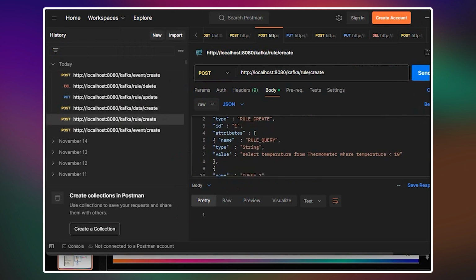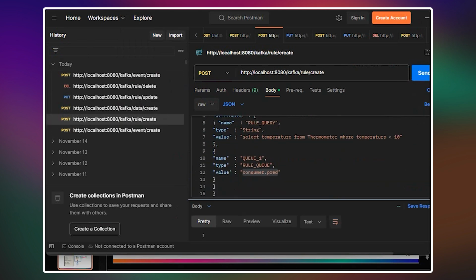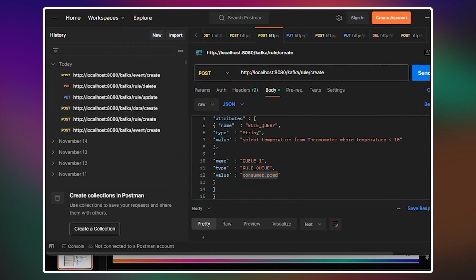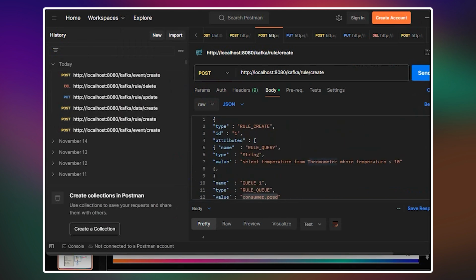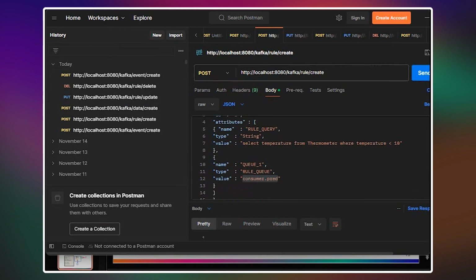If you see the example here, the real example right now is select temperature from thermometer where the temperature is less than 10, returning for this listener that we programmed before.